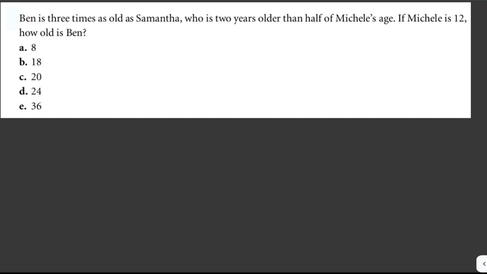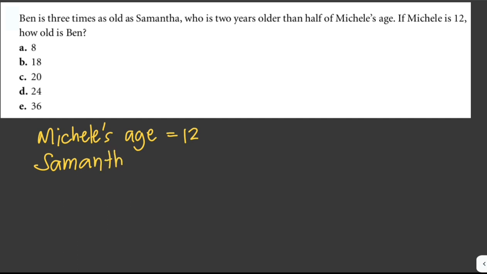Ben is 3 times as old as Samantha, who is 2 years older than half of Michelle's age. If Michelle is 12, how old is Ben? It says here that Samantha is 2 years older than half of Michelle's age. So since Michelle's age is equal to 12, therefore Samantha's age